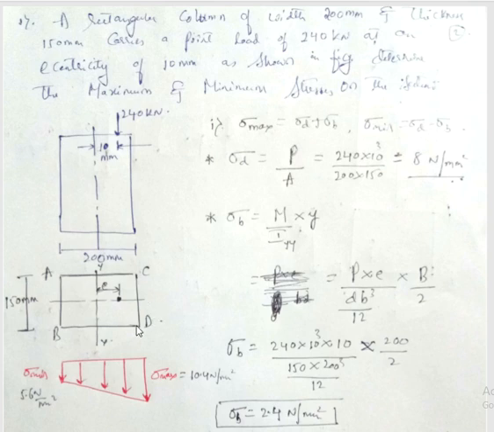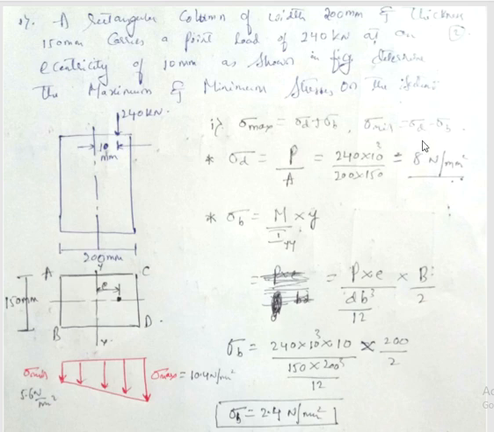If I consider this layer, because of this load there will be compressive stress sigma d, and because of the bending there is also compressive stress. So the net stress at this section, C and D, sigma max, will be the summation of direct stress and bending stress because both are compressive in nature. But on this other layer, because of the direct stress there will be compression, but because of the bending of the beam there will be tension. So here minimum stress will be acting.